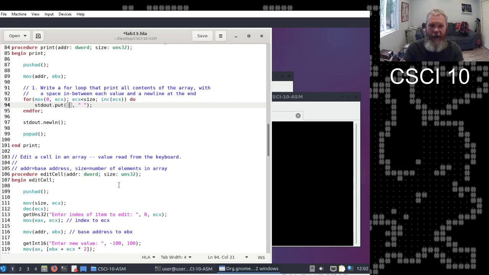That's correct. So the array is 16-bit elements of an unknown size, but we know the size because we have a parameter for it. So that's all we really need, is to have access to the size, and then we can control this loop. And we know they're int 16 specifically, which is going to be important. But let's deal first with, okay, so